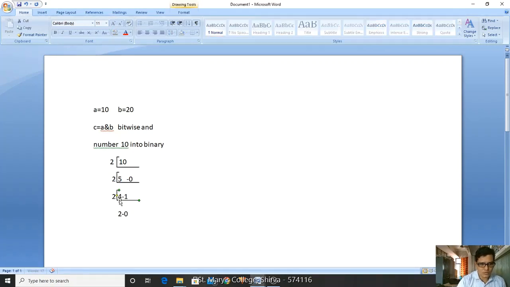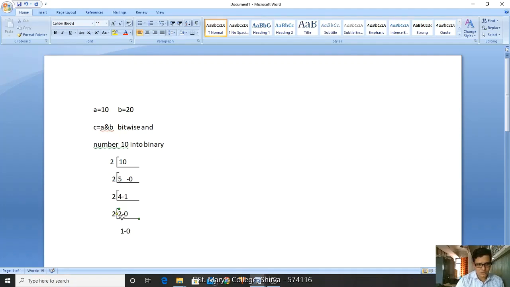Once again we have to divide this with 2 because 2 is divisible by 2, right? We have to do the same process till we get 0. 2, if I divide, then what is the output I am getting? Please observe here, 1 and 0, right?